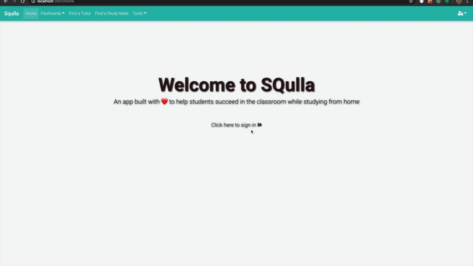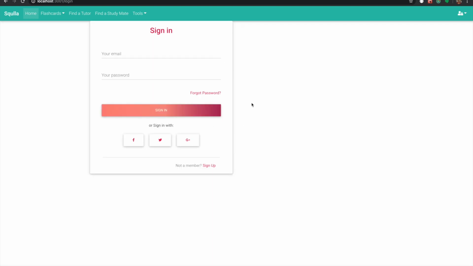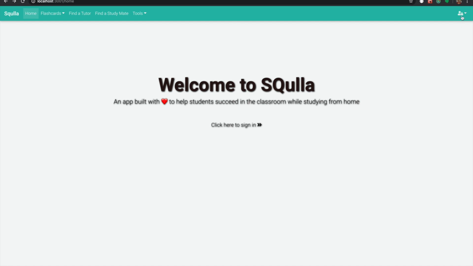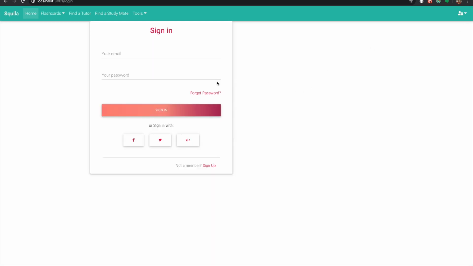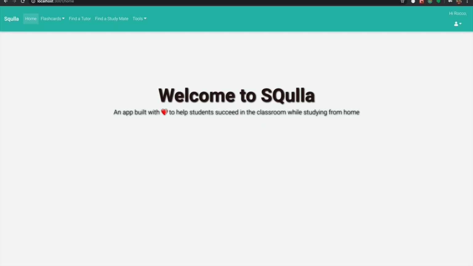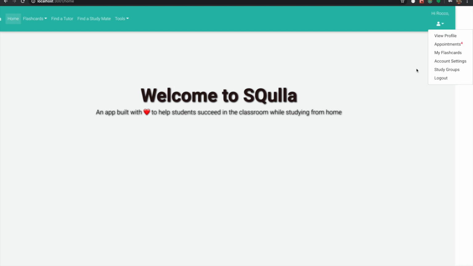As an already existing user, I can sign in by clicking on "click here to sign in," or by going to this drop down and clicking on login. So I enter my email, as an already existing user, I enter the password, and I click on sign in. Once I'm signed in, I see my name on the upper right corner, and if I click on the drop down, it changes to